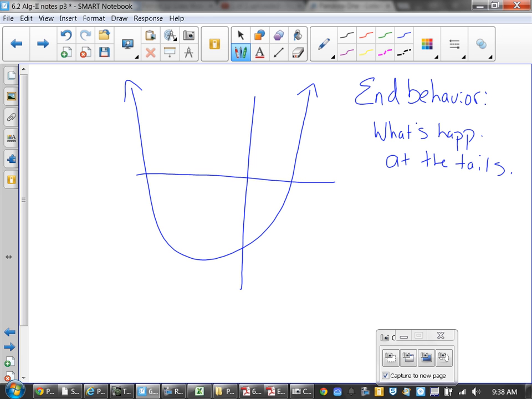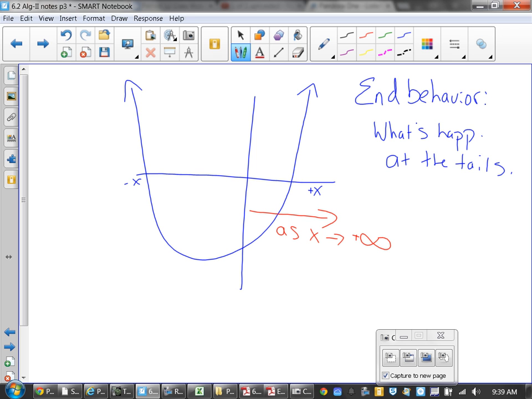Now, does everybody agree that these are my x values that are positive, and these are my x values that are negative? So here's how we say this. As x approaches positive infinity,